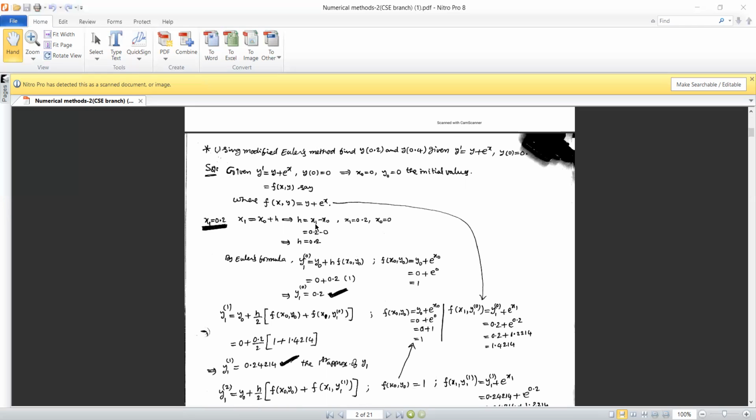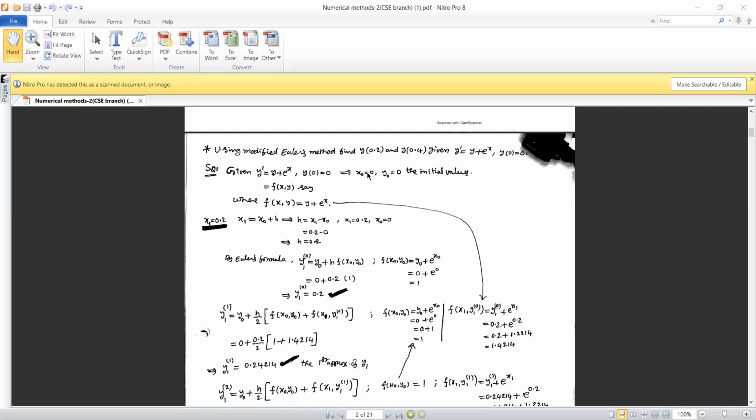Okay, so from this data, now we will see what is our expectation. We need to find out y at point 2, y at point 4. So there are two step values which we need to calculate here. To move from the initial step to further values of x and y, we need to look after the step size. As it is not mentioned in the problem, we can decide our own step size based on the initial value.